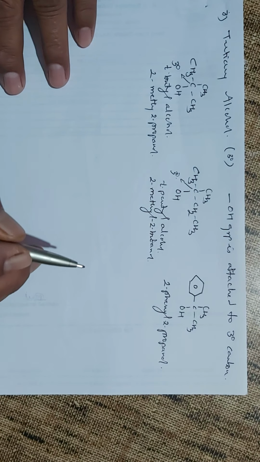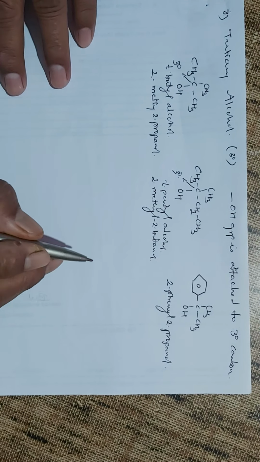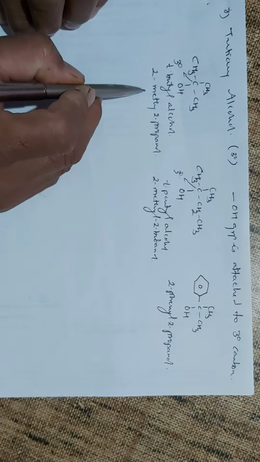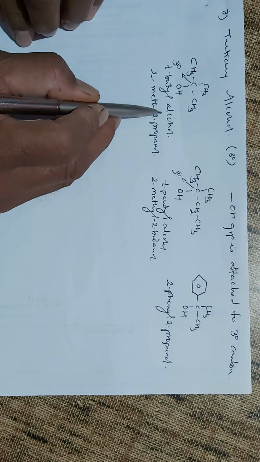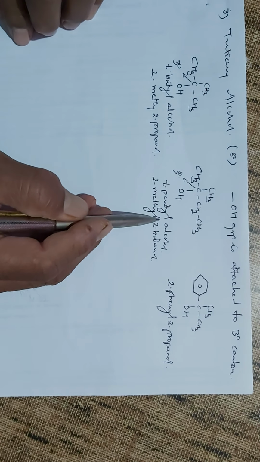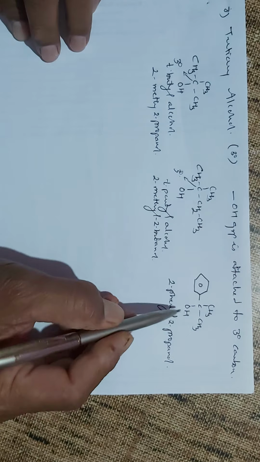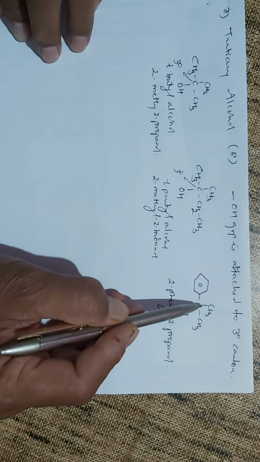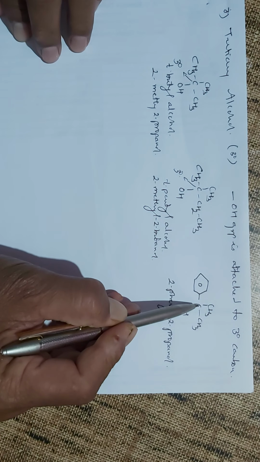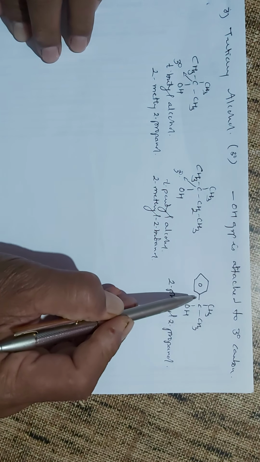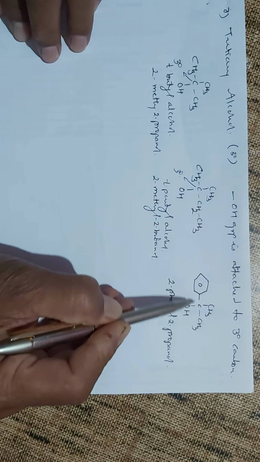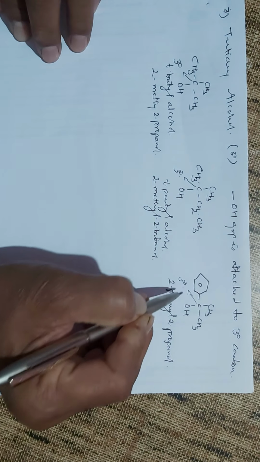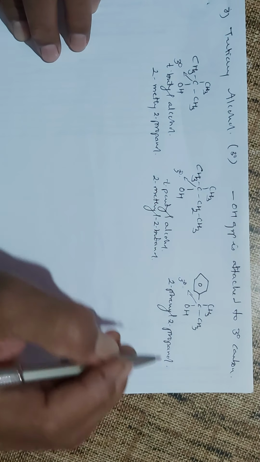In the previous lecture, we were discussing the tertiary alcohols, where the hydroxy group is attached to the tertiary carbon atom. The examples we are seeing here are tertiary butyl alcohol and tertiary pentyl alcohol. In the same way, this molecule is 2-phenyl 2-propanol. At the second position of the propane derivative, the hydrogen atoms are replaced by the phenyl ring and OH, so it's 2-phenyl 2-propanol. This carbon atom is also tertiary in nature. These are all examples of the tertiary alcohol.